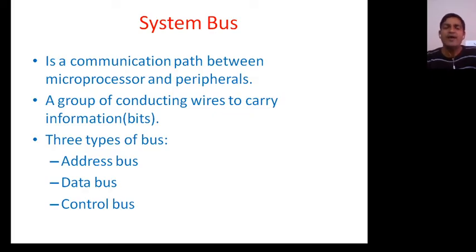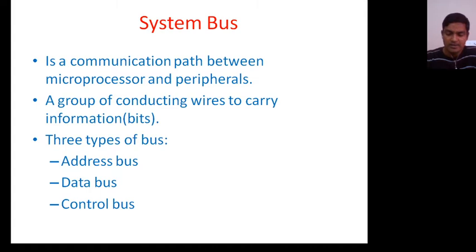In 8085, the length of the data bus is 8 bit. And what is the function of the control bus? As you are already aware, it deals with the control unit. The control bus is used to generate timing and control signals such as memory read, memory write, input output read, and input output write.